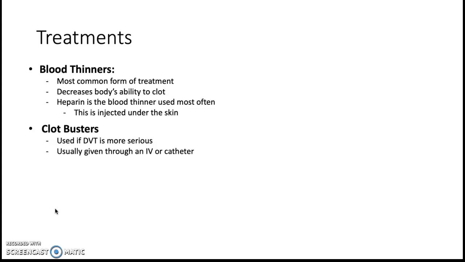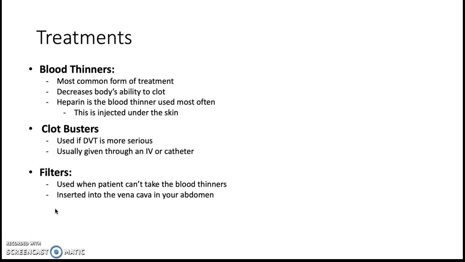busters, and this is usually injected through an IV or a catheter similar to the one we saw in the previous slide. And this catheter goes directly into the vein that is affected by DVT to clear out the clot that is causing blockage. If these don't work, for some reason, if a patient can't take the blood thinners, a filter is used. This filter is inserted into the vena cava of your abdomen, and this prevents clots from breaking loose and entering your lungs, which could result in a pulmonary embolism, which is something we want to avoid at